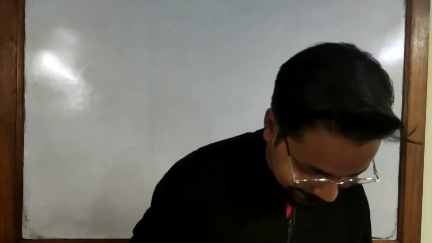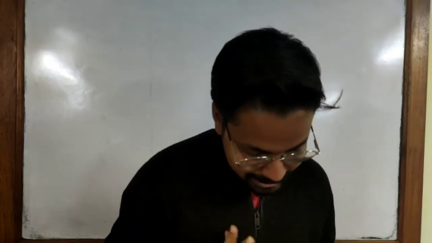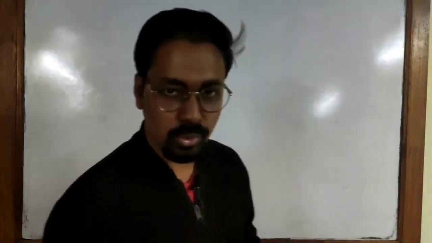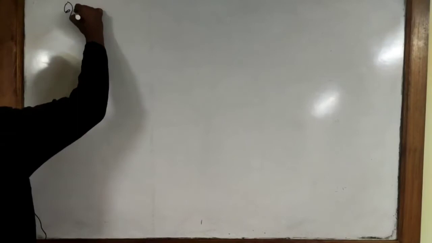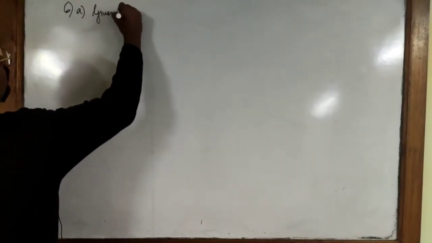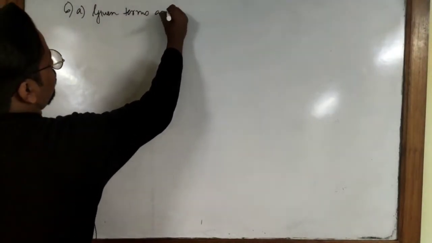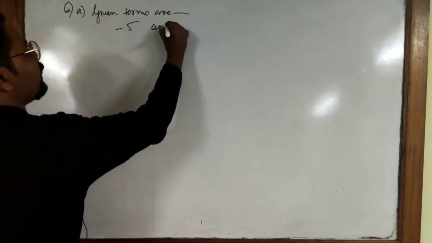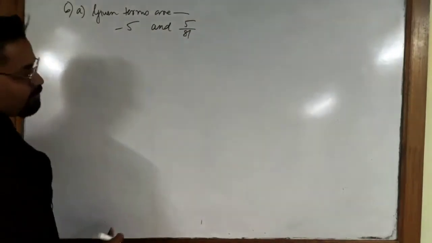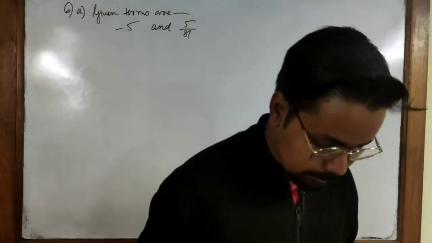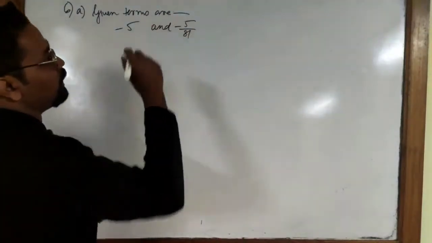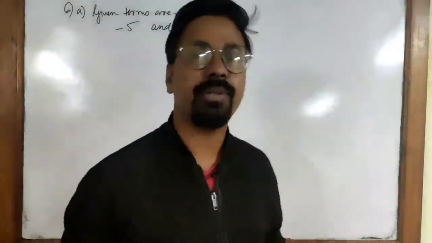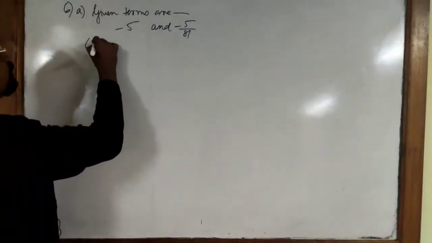So in 6a they have asked: minus 5 and 5 by 81 are the two terms, and you have to insert three geometric means between them. So let the three geometric means be